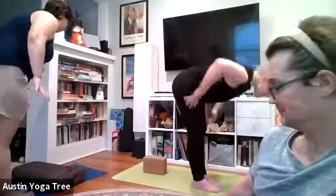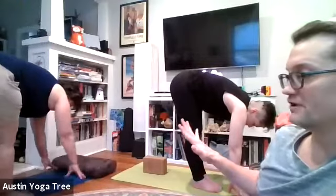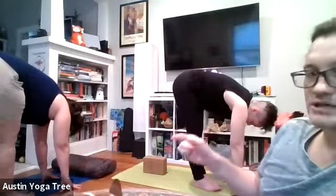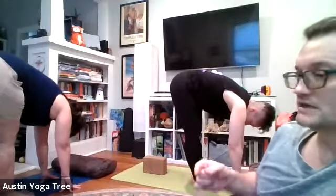Fold forward, take both hands onto the floor, Uttanasana. When you go down, notice where your body weight goes. Did you keep the foot engaged and planted? Did you keep that base foundation of your pose stable as you folded into the pose? And the reason I ask that is that